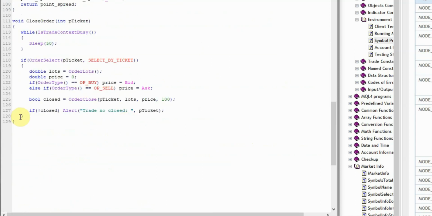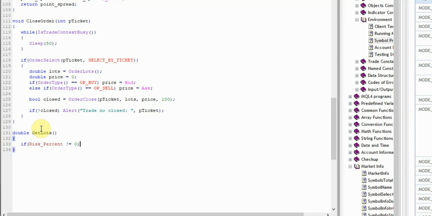So now we need to go down to the bottom of our code and create a function. So we're going to return a double because that's the number of lots. It needs to be called GetLots. It needs to have that same name, and it doesn't need any inputs in this case. So off we go. Put our brackets in so we know what we're doing. So here's where we need to say, the first thing we need to do is work out if the risk percent input has been entered. So we can say that if risk percent is not equal to 0,